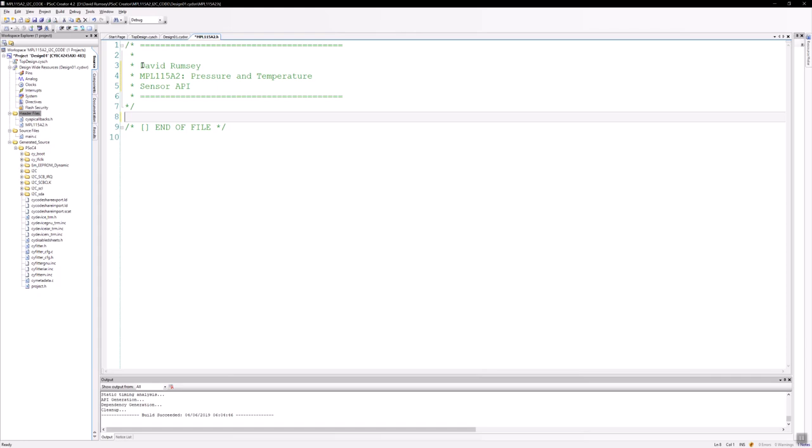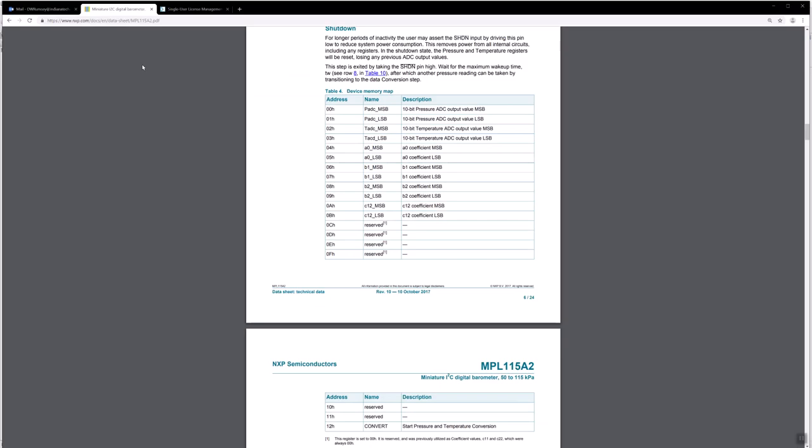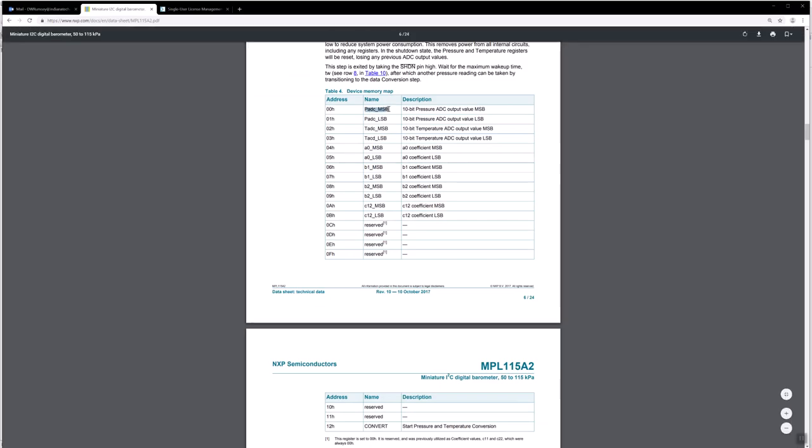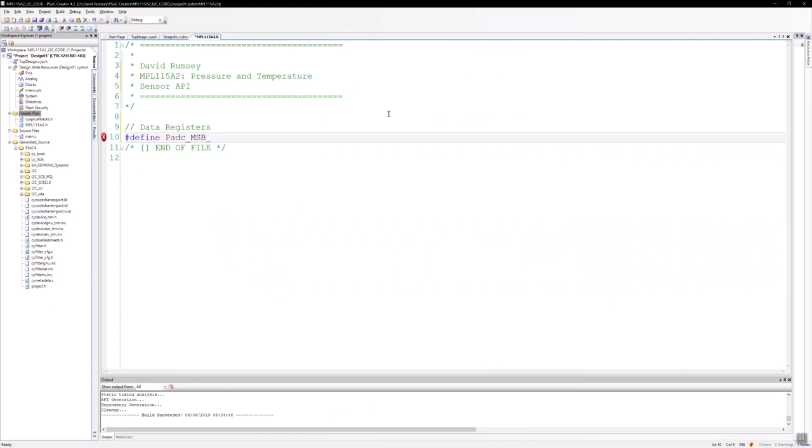The first thing I want to do here is some pound defines. It doesn't matter what order we do these in, but I'm going to put all those registers where the data is stored here as data registers. So these are all the registers where data is stored, and I'm going to do some pound defines. Going back to the data sheet, they have a pressure ADC, and I'm actually just going to copy and paste it here, so PADC. But what I'm going to do here is put an